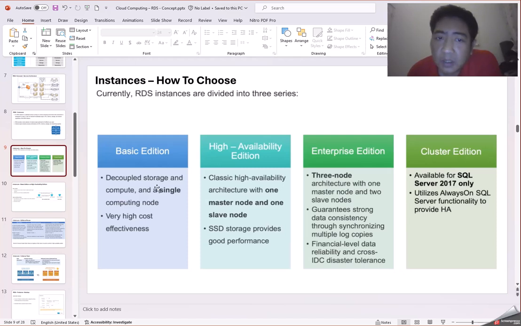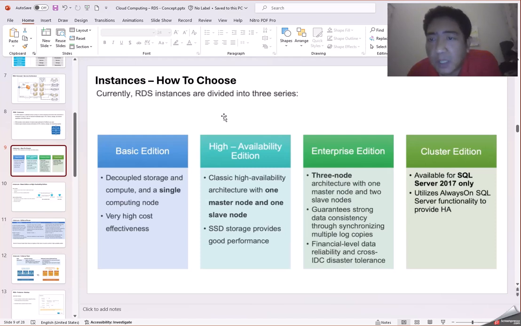This is a very cost effective price. For High Availability Edition, there are two nodes, a master database and a slave database. So if the master fails, it will synchronize to the slave database.